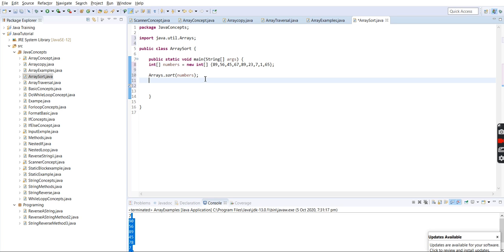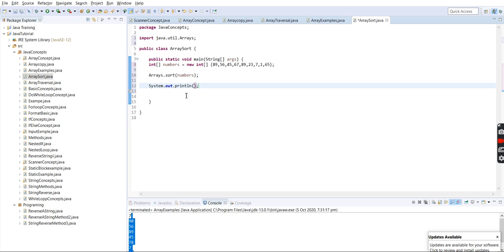But how do we print the elements of the array to get the values? To print the value of all the elements, again we have to use the java.util package, and we have to use the toString method.